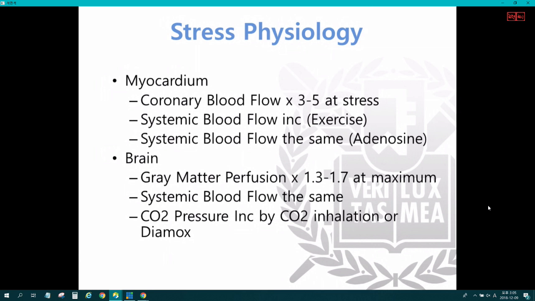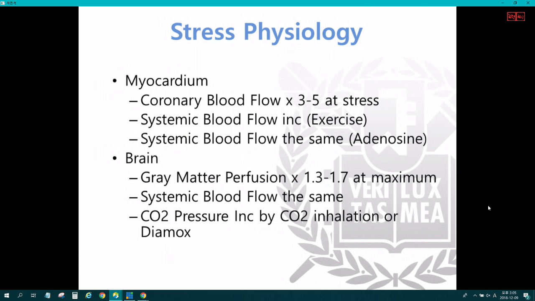With a catheter from the radial artery to the pulmonary side, the wedge, and using the Fick principle, measuring cardiac output by the classical method, they found it was 3.6 times at age 20,